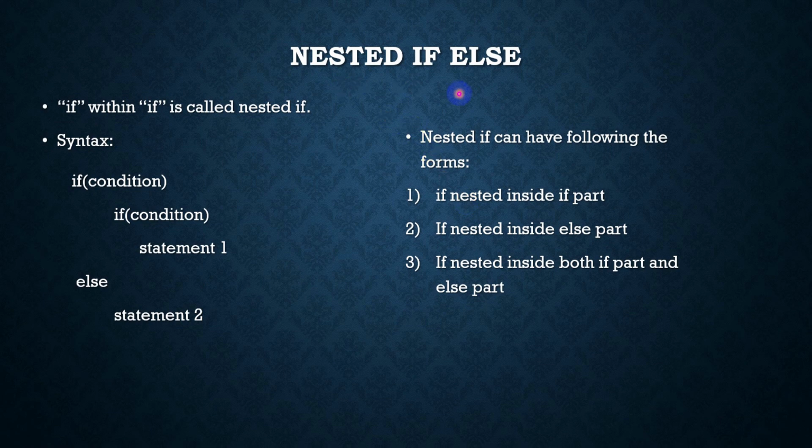Now there is nested if-else. An if within an if is called a nested if. Its syntax is: if condition, and then we write another if and give another condition and then the statement we want to execute, and then I write the else of the outer if and then statement 2. It can have three forms. First, if nested inside the if part of the outer if. Second, if nested inside the else part, where we write the inner if in the else block. And third, if nested in both the if part and else part,